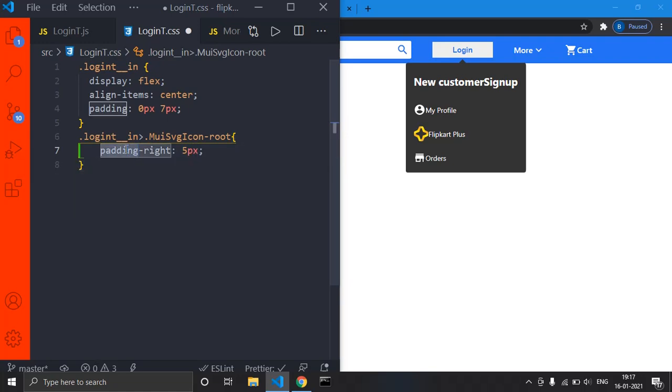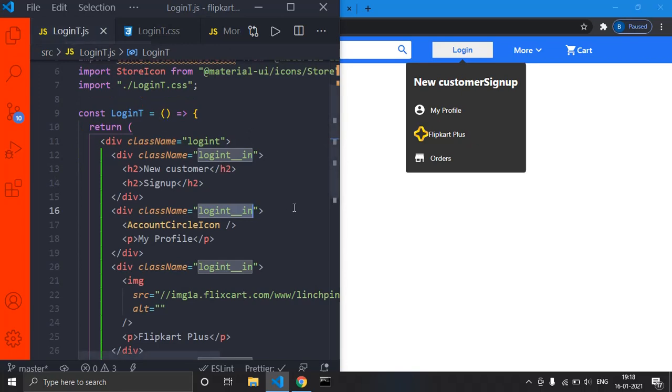See, actually it is not padding, it should be margin. Padding is from inside whereas margin is from the outside. Let me see, those have gone somewhat far, right? I want to increase some more, I'll just give 10 pixel. But this is not moving, right? That is an image, so we have to target it as image, right?